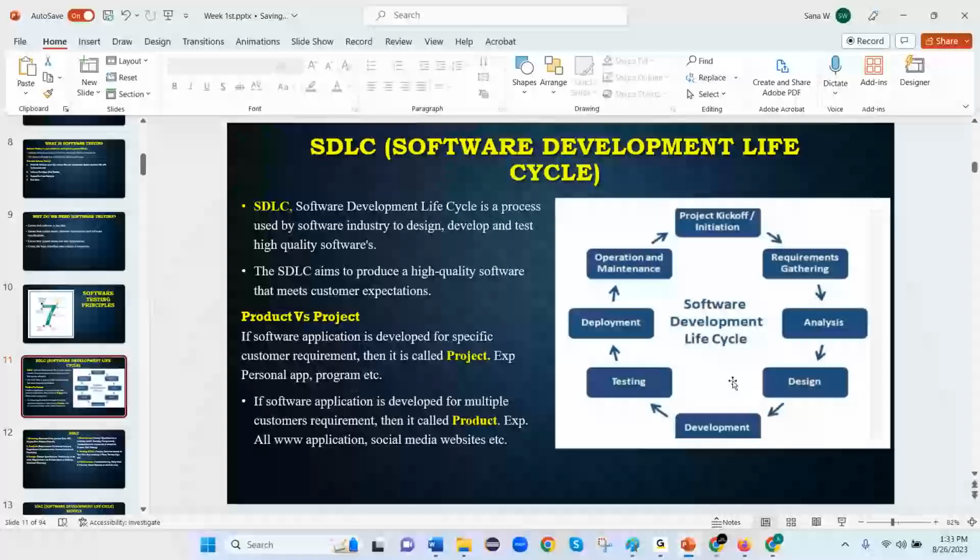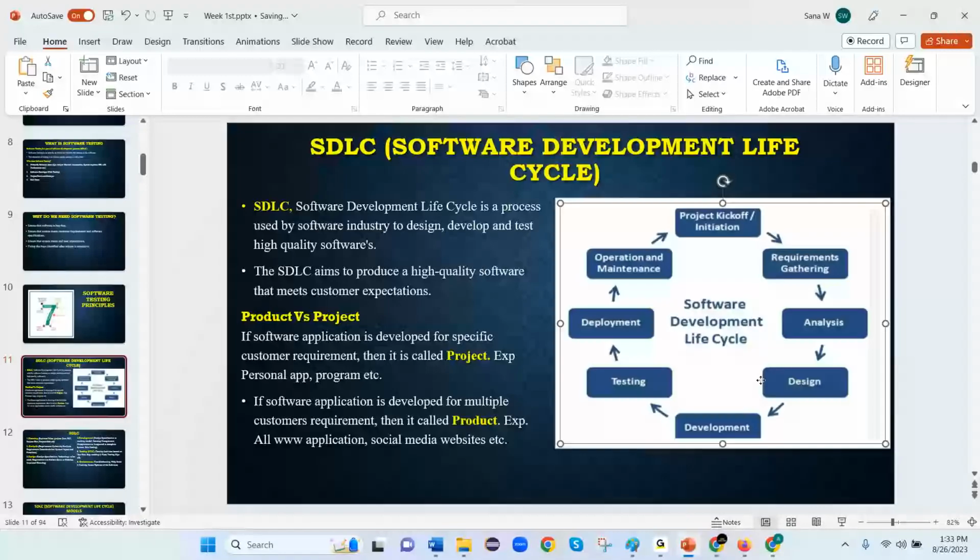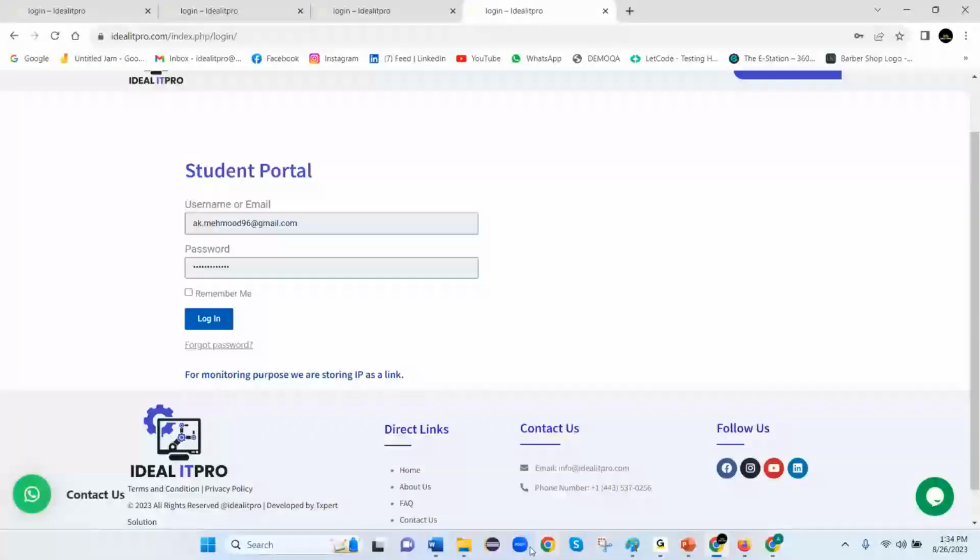Here you go. Next, another feature. Feature number 3, 4, 5, 6. This cycle goes again and again. In 15 days, by following this cycle, you would be able to develop 8 features. By following this cycle for the whole 365 days, you would be able to deliver 100 features to